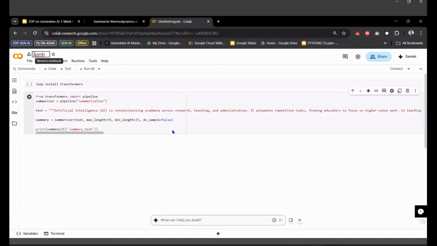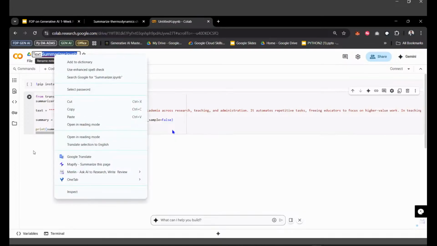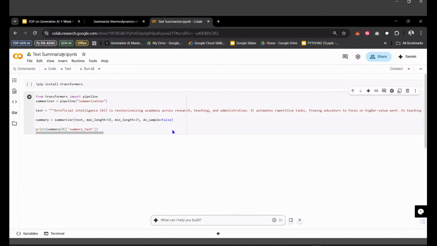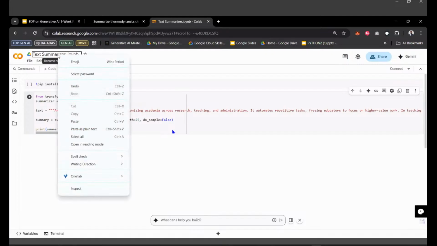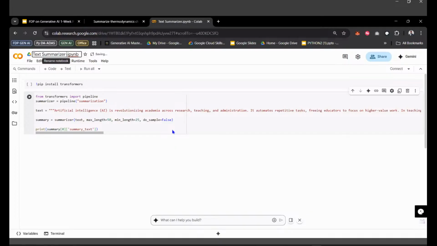Let me keep it as text summarizer, yes, that's it. So we are ready with text summarizer dot ipynb, that is the extension.